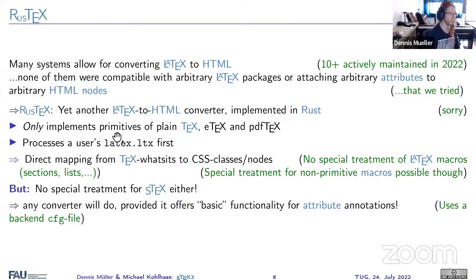Having said that, given the way that RusTeX works, it has no special treatment for sTeX itself either. All it provides is a method for attaching XML attributes to HTML nodes. That's the only thing that I really need. So I very specifically designed sTeX such that it's configurable. So if at any point other conversion engines allow me to do exactly that, i.e. attaching attribute annotations, I can use other systems as well. Or if anyone invents a whole new document format, unlike HTML, where you can introduce annotations, you can use that too. In particular, I'm still very much hoping for LaTeXML, which reminds me,